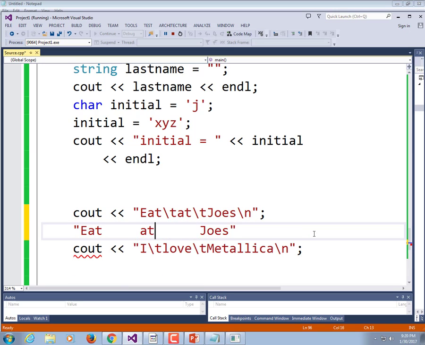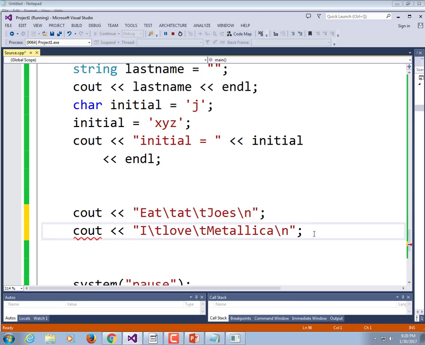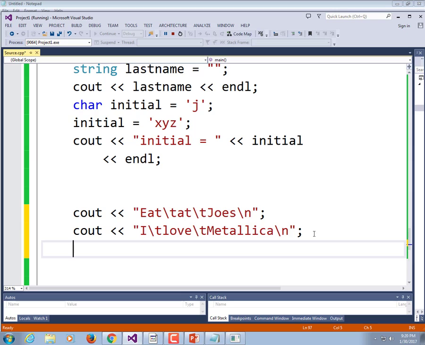So when I hit tab, it jumped to that spot. So that's 1, 2, 3, 4, 5, 6, 7, 8 characters. So if I have something that's more than 8 characters, cout